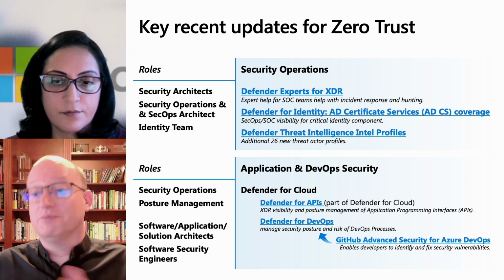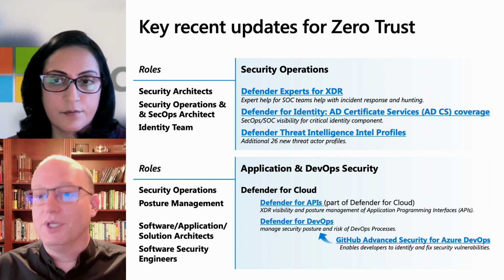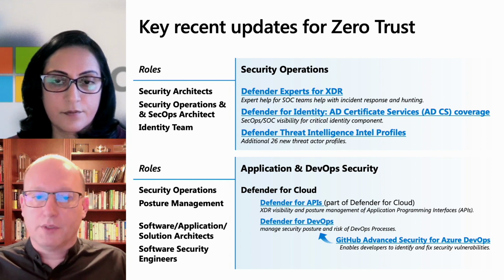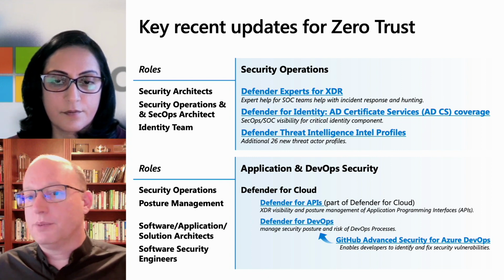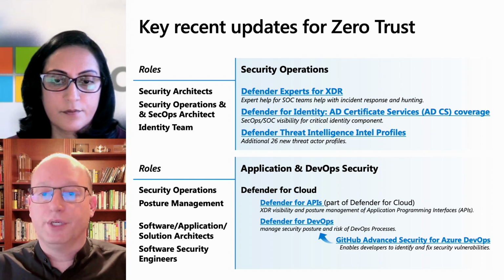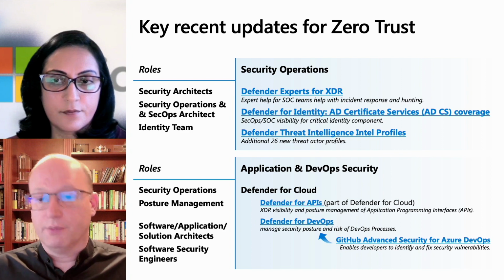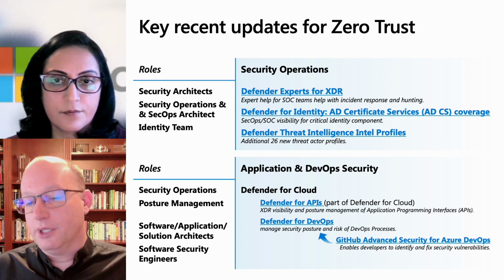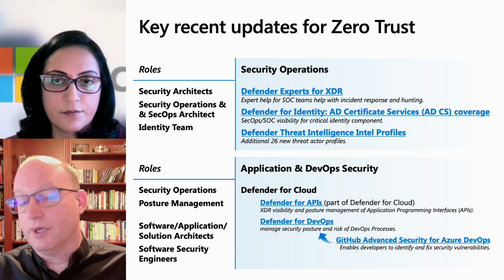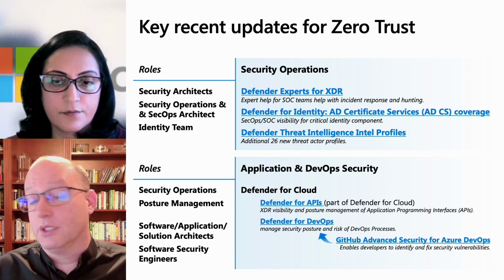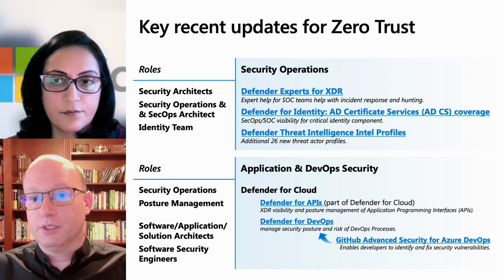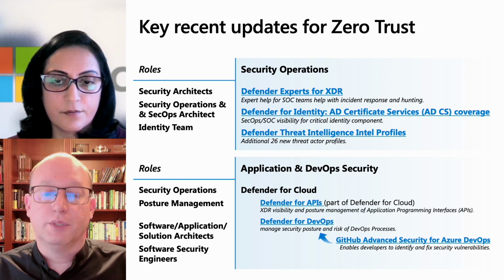GitHub Advanced Security for GitHub as well. Azure DevOps is the new one. But if you're more of a developer or a software security engineer, you're generally going to be looking a little bit more at the GitHub Advanced Security element in that interface, because it's a little bit more oriented towards putting the bugs in the right places and helping provide those clear, actionable security fixes, recommendations, and alerts and the like. So lots of area there to help with that full-on application lifecycle and platform approach.